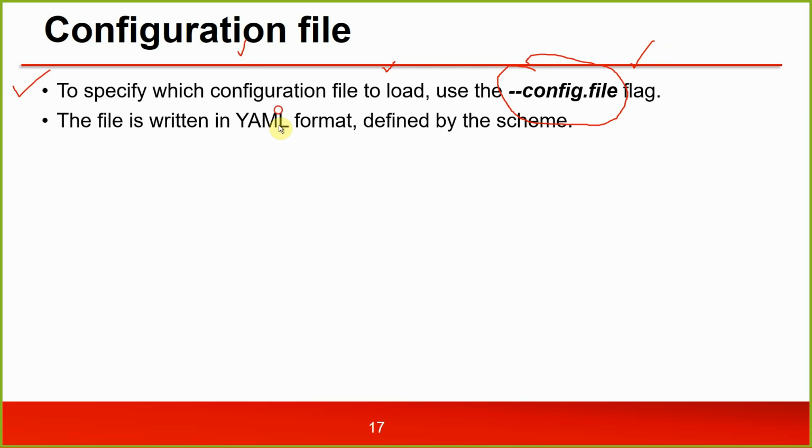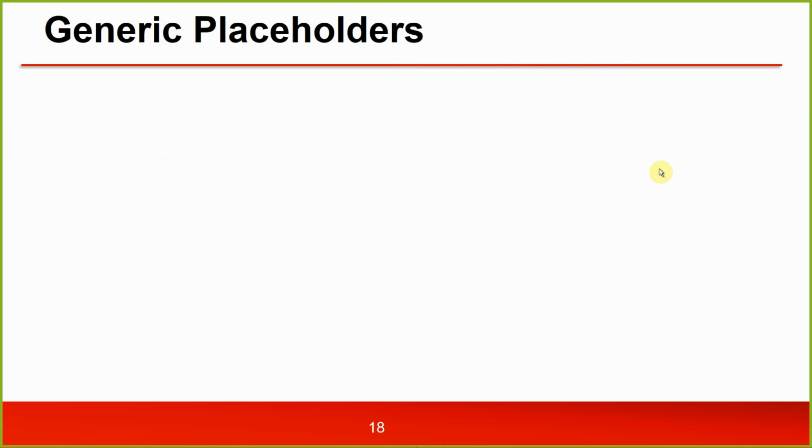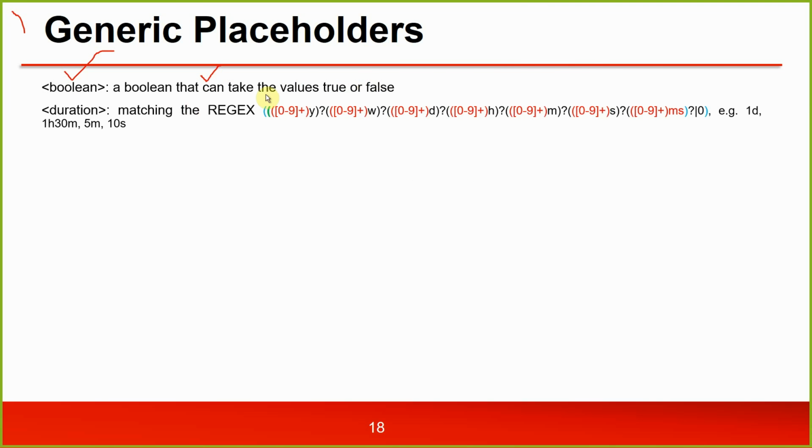The file is written in YAML format defined by schemas. Brackets indicate that a parameter is optional. For non-list parameters, the value is set to the specified default. The placeholders in the file, for example boolean, mean it's a boolean that can take the value true or false. Duration matches the regular expression,